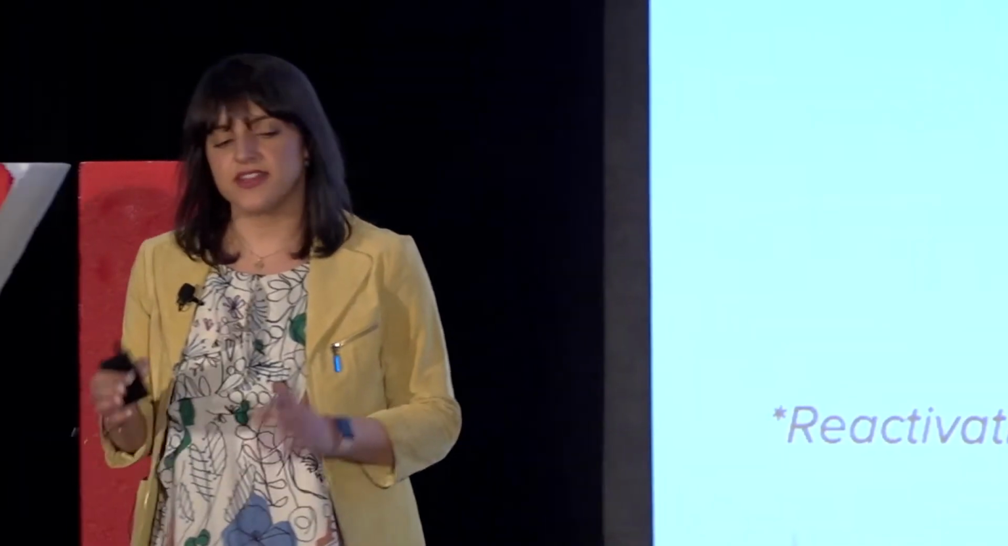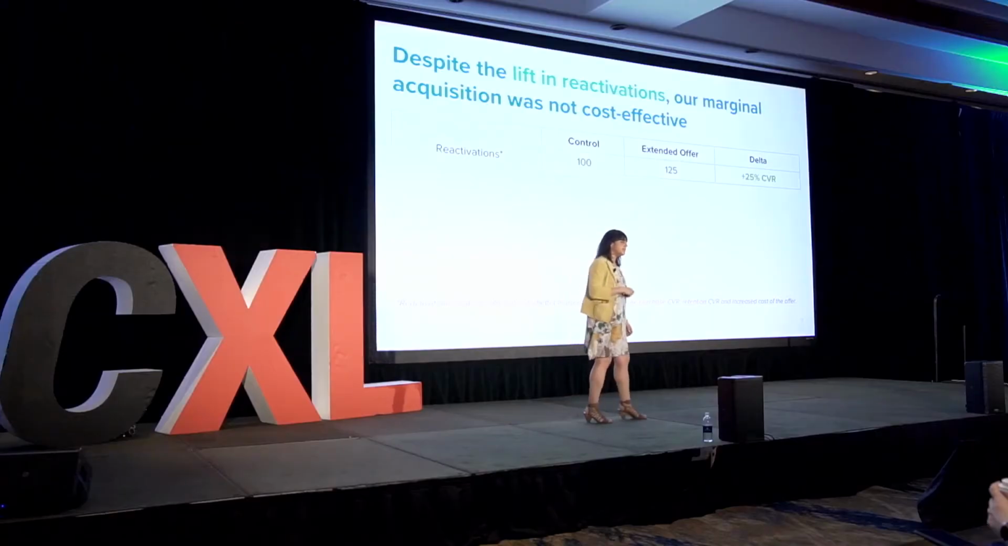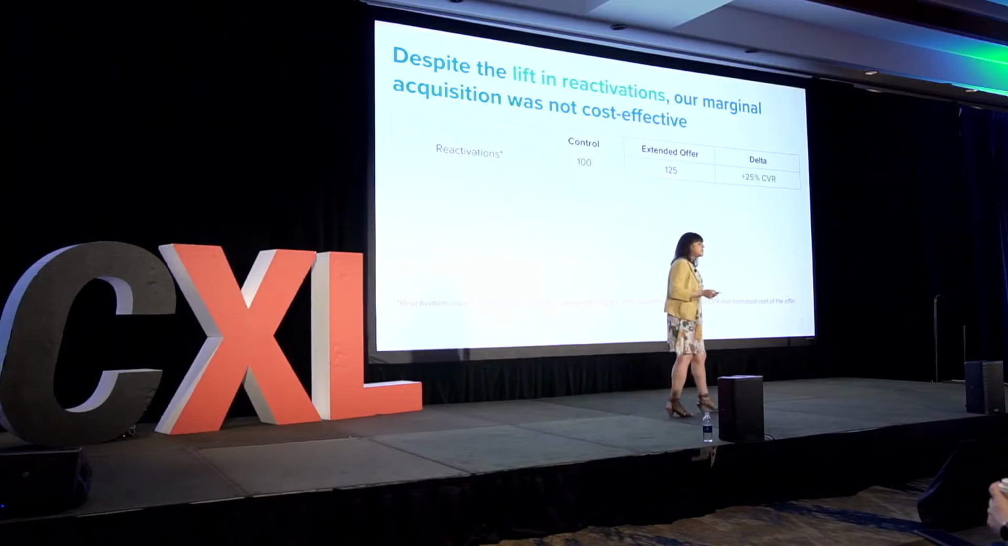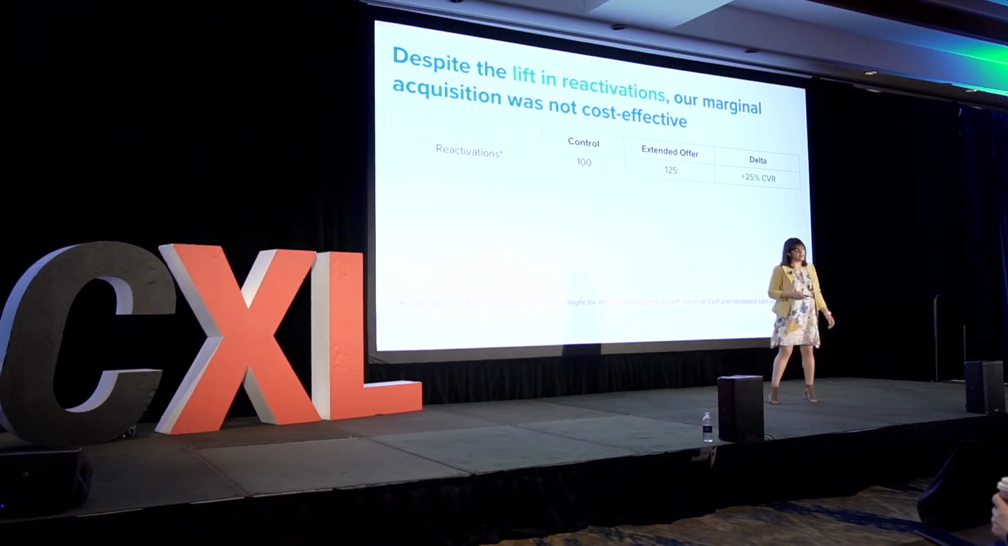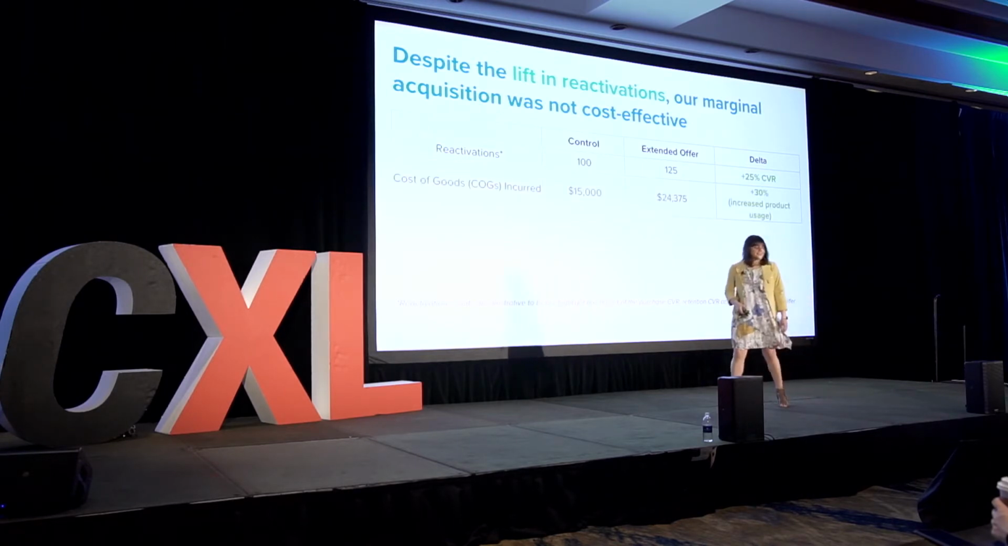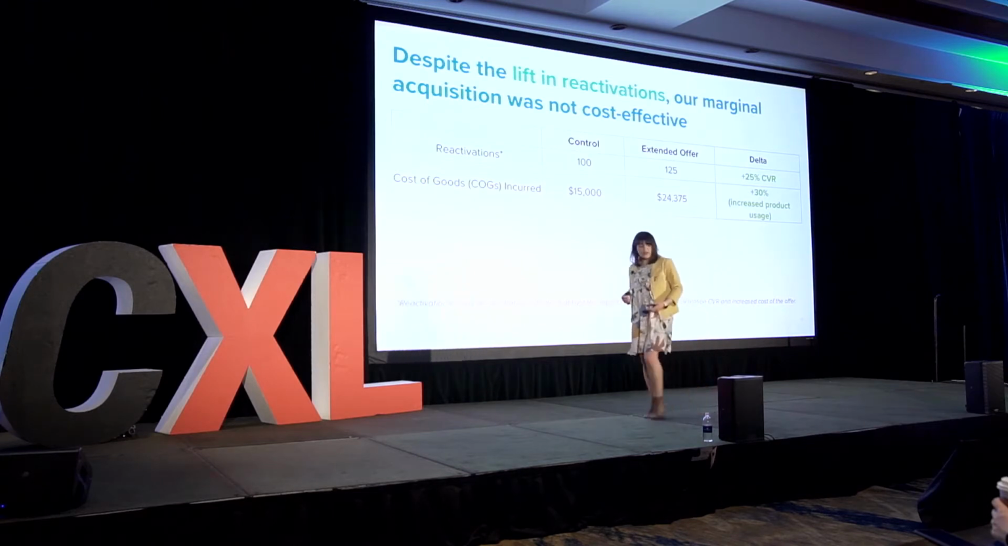So of the visitors who were enrolled in the experiment, let's say we had 100 people reactivate in the control group. Now, we observed a 25% lift in our reactivation rate, which we just went over in the last slide. So that would mean we had 125 people reactivate on the extended offer. All right, so then the next thing we want to look at is what is the total cost of